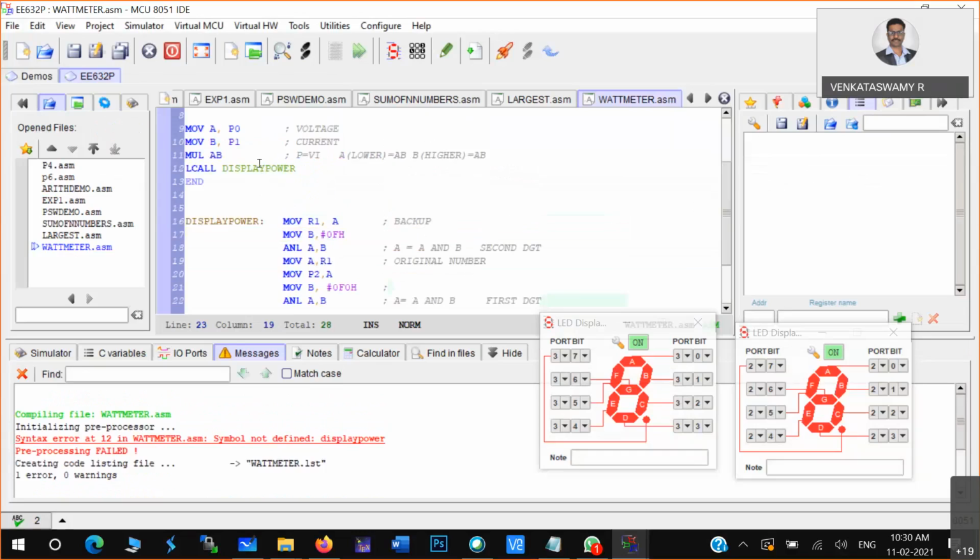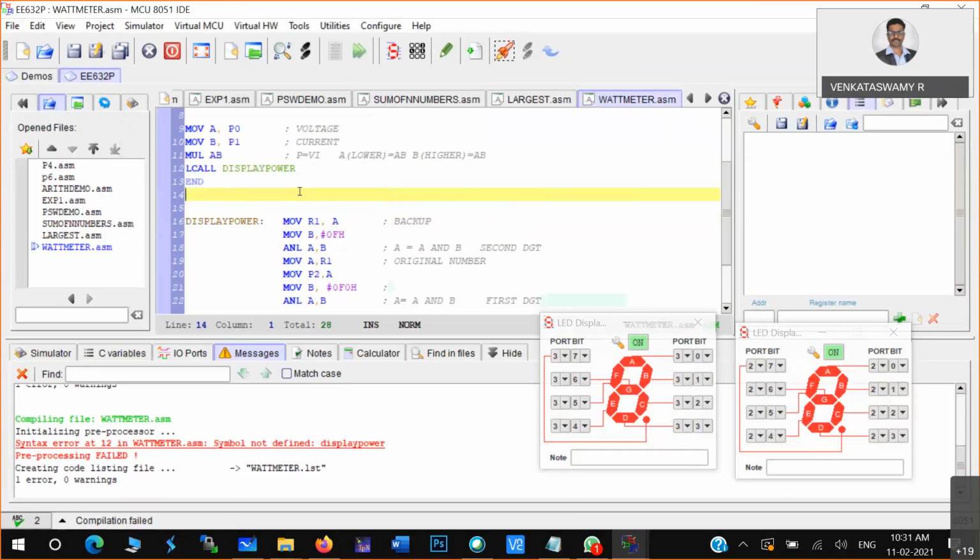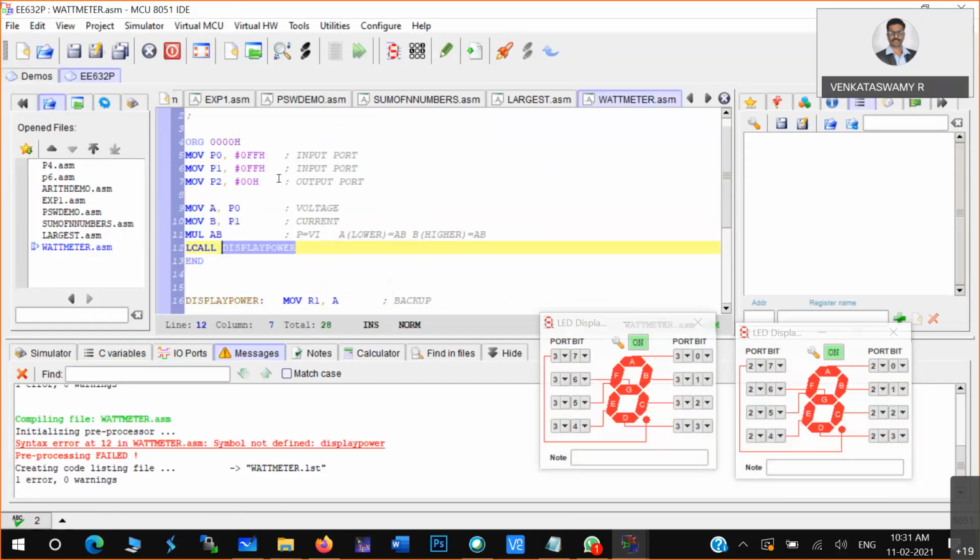Display power, at line number 12. lcall, this is correct only. Symbol not defined.